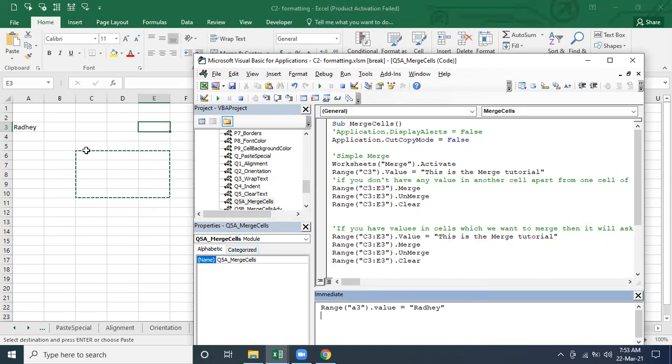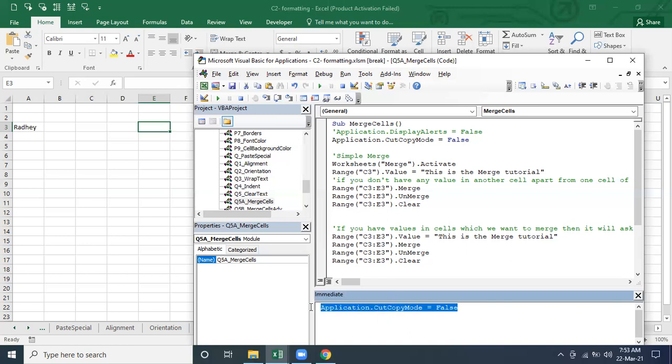So how can we remove this copy? To remove this copy mode, we have to make it False. Application.CutCopyMode, we have to make it False. And then it will get removed. So this is the one. So we can remove it.